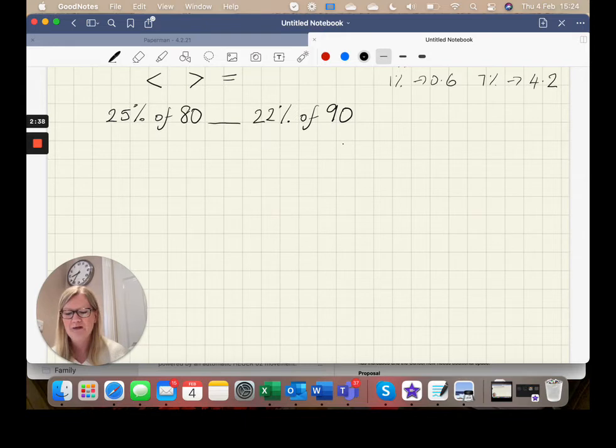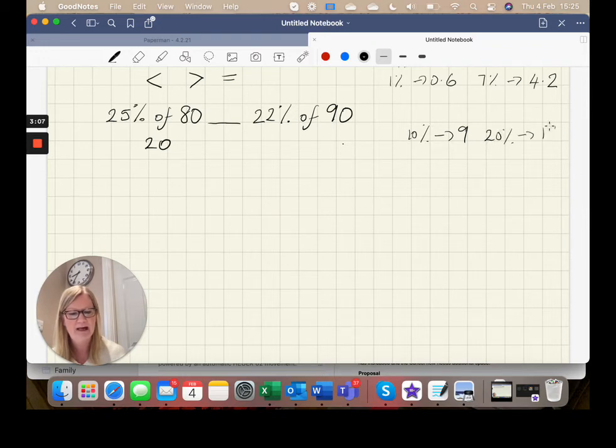So 25% of 80, well, I know 25% is a quarter, that's a known fact. So half and half again, 80 divided by 2 is 40, divided by 2 again. So that side is worth 20. I'll just do some jottings. 22% of 90, okay, I need to do a bit more jottings for that. So 10% would be 9, so